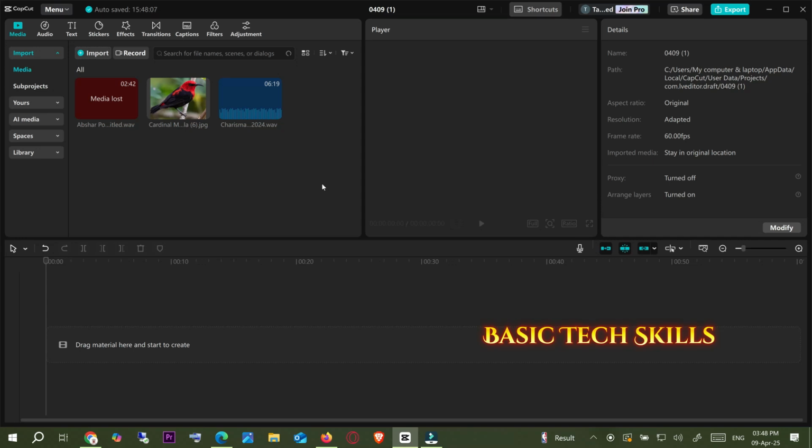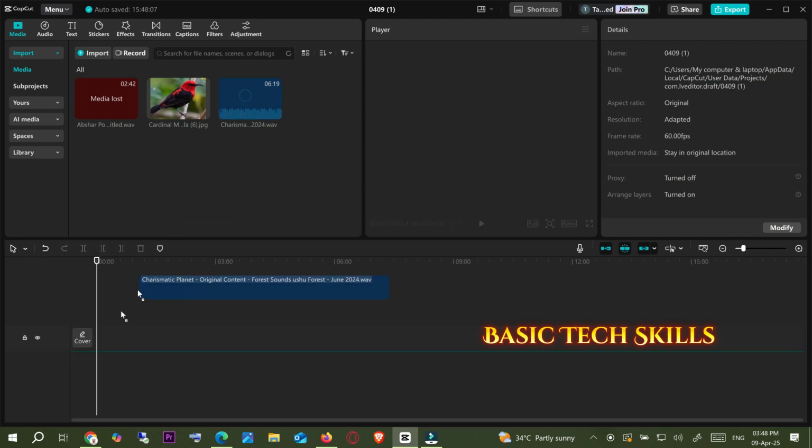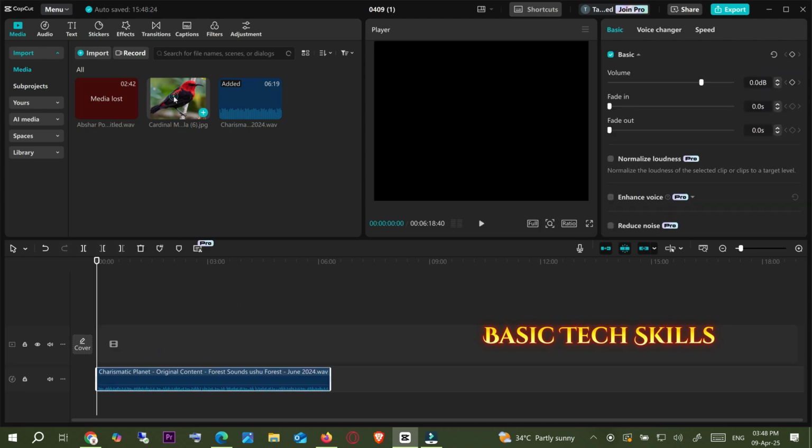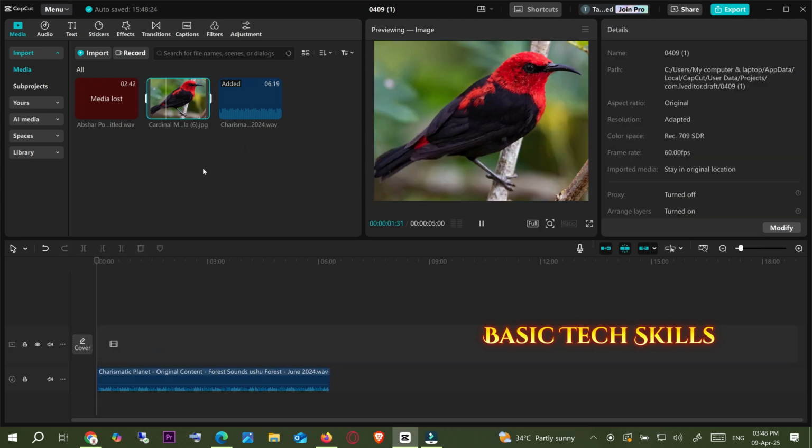Hello, in this video I will show you how to reverse the sound in CapCut on PC. First you need to select the sound and put it on the timeline, and then select any image you have on your PC